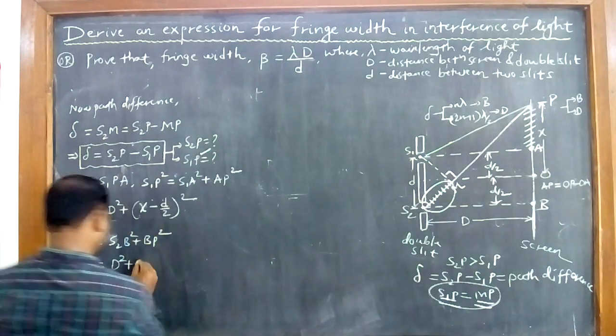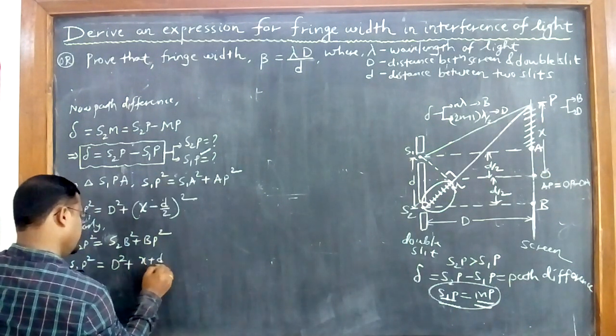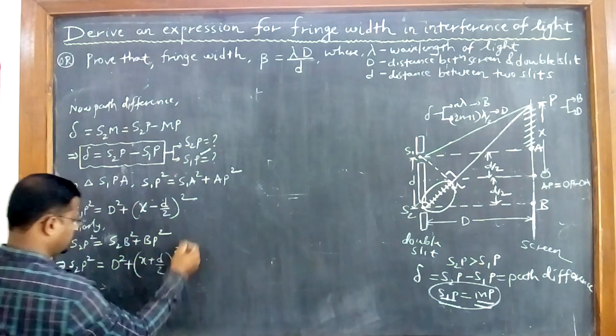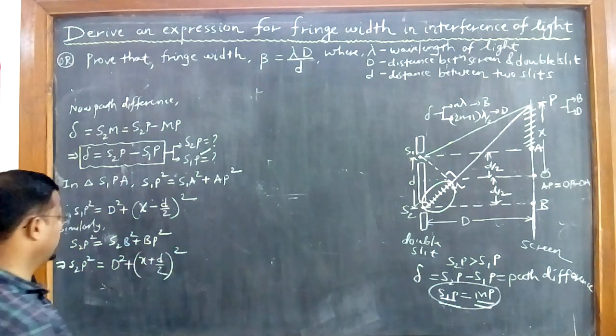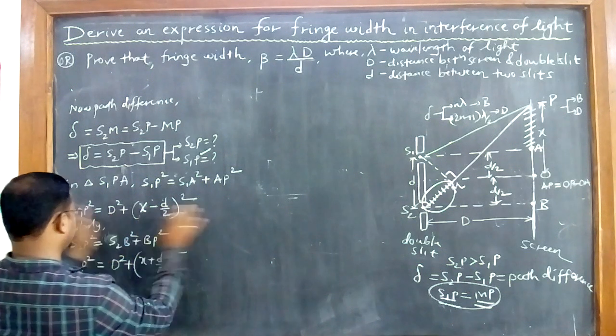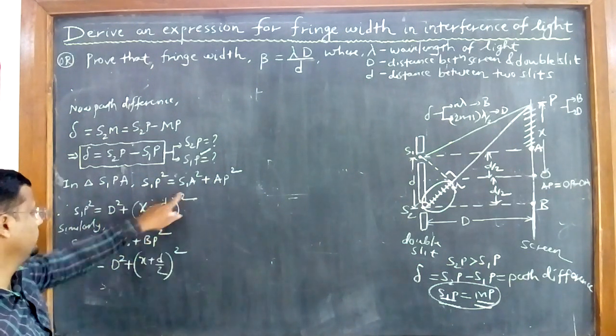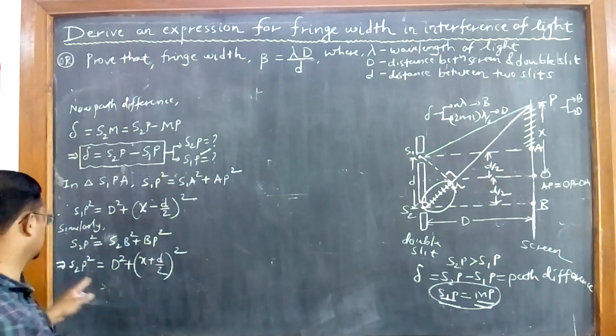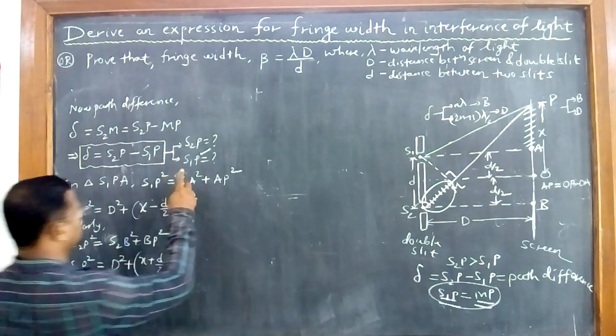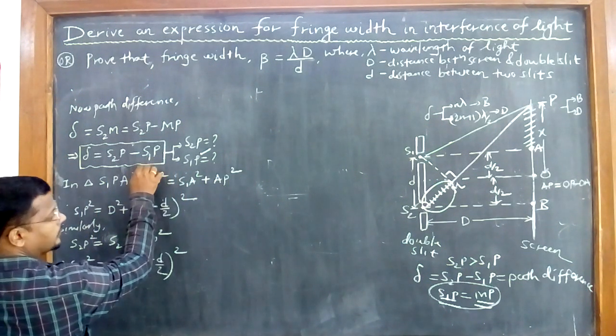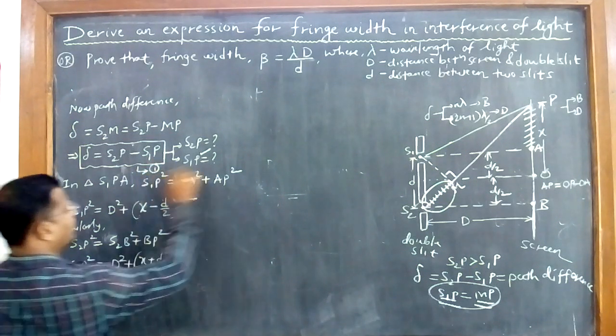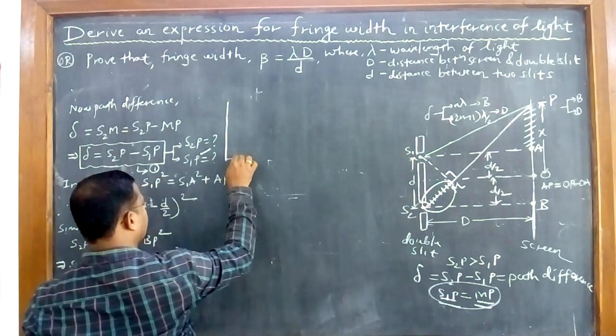So I can write here (x + d/2)². I got this. Here we can expand this because it is (a − b)², or I can put in equation number 1 here. This is my equation number 1. Now substituting in equation 1, we get